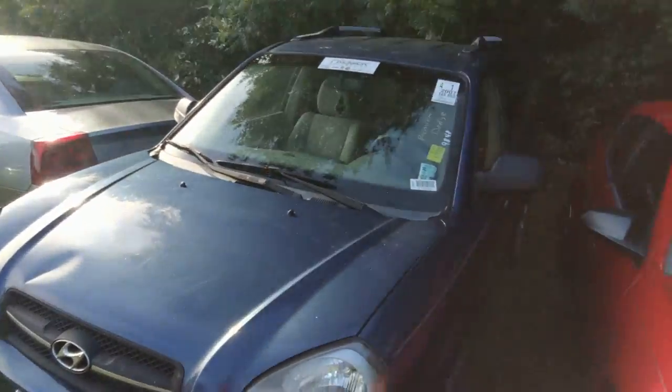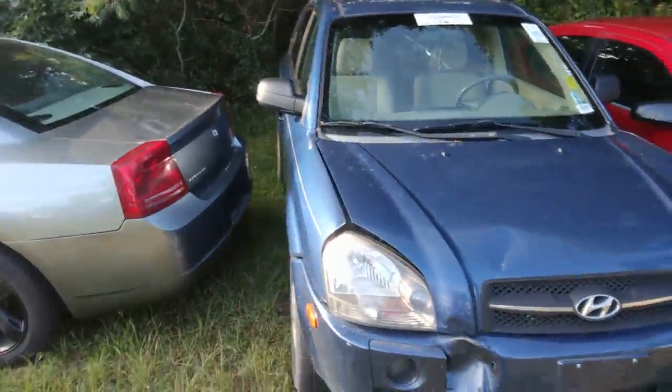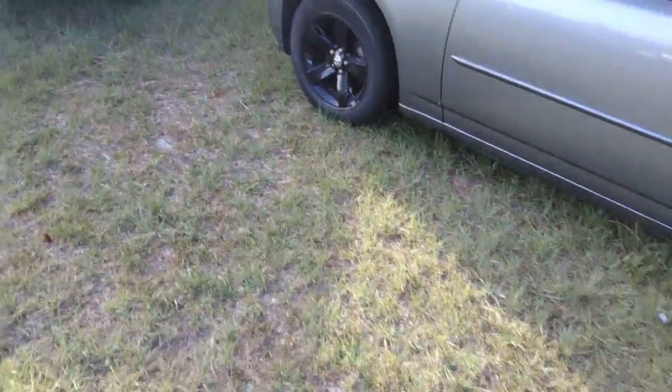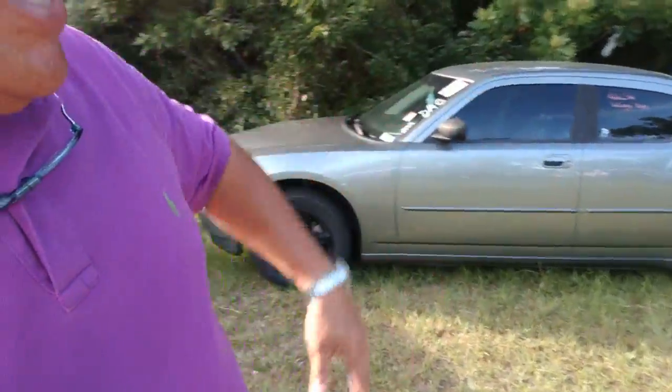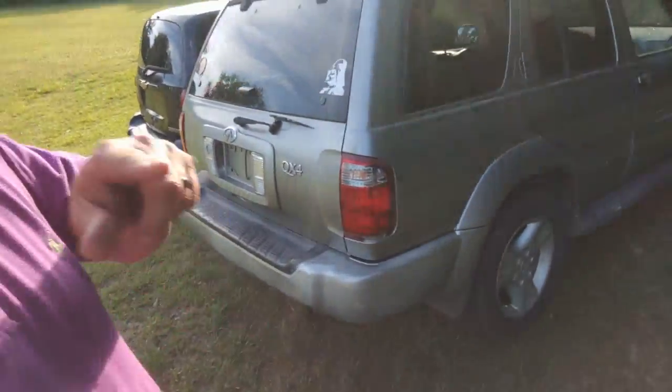Then we got a little 2007 Hyundai Tucson. Yes, sir, a little Hyundai Tucson. You put $1,200 down, you're riding out that 2007, less than 150,000 miles. Then what we got right here is we got ourselves, yes, sir, we do. We got ourselves a little Charger, baby, with the rims, the platinum paint. She got it all, baby. She got it all. She's gonna be $1,200 down,